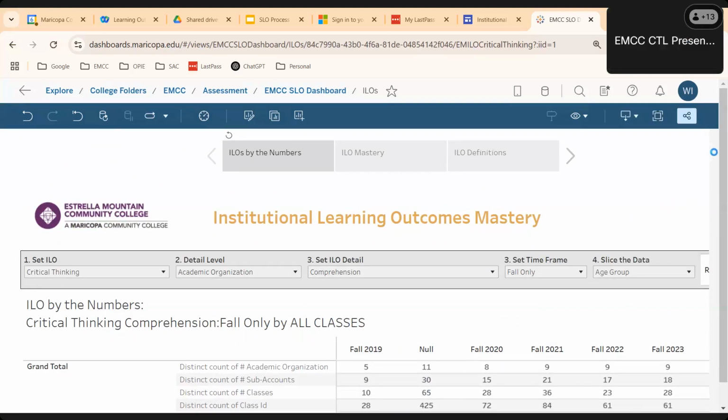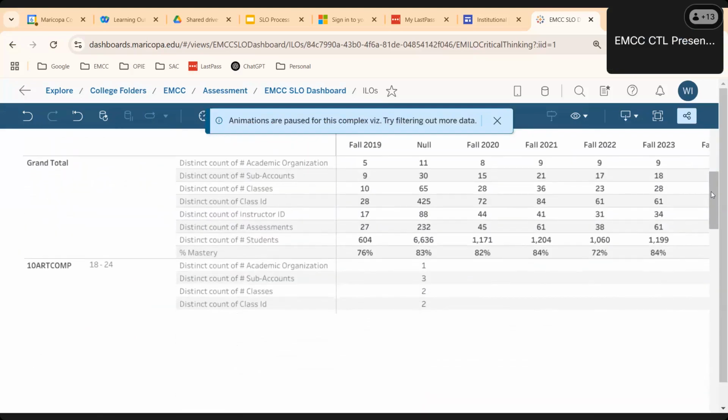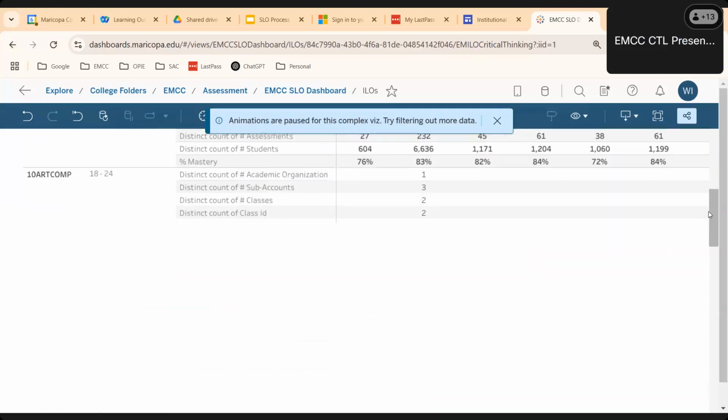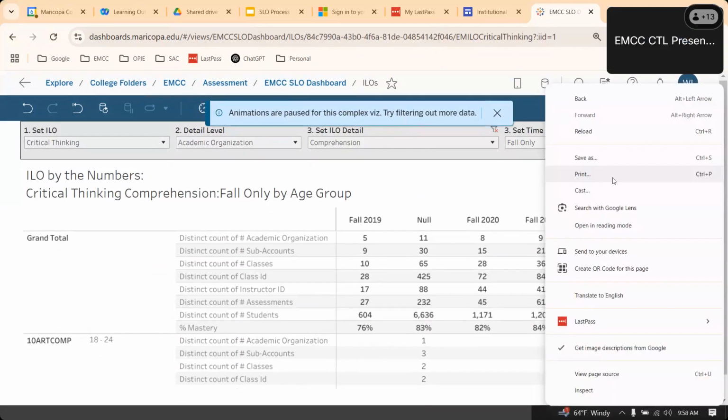Is the learning outcome the same for folks 18 to 24 versus old guys like me? There are possibilities of being able to drill things down. And because I'm working with different resolutions on different monitors, this is a nightmare to demonstrate online, so my apologies. But I'll be glad to show you one-on-one and do a private demo later. This is just taking a look at the counts. But the part I really get a kick out of